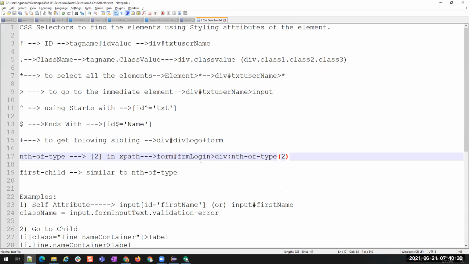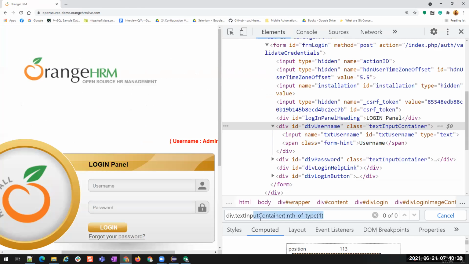In XPath, it was form hash form login, that's the div child. Okay, in children, but okay, nth of type.